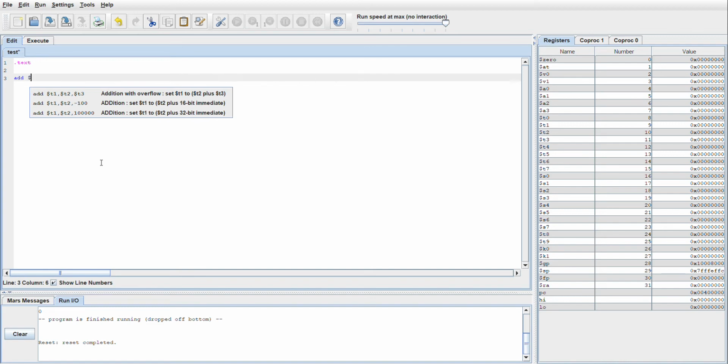We store the value 40 in, let's say, T0, and actually we have to use the add immediate,